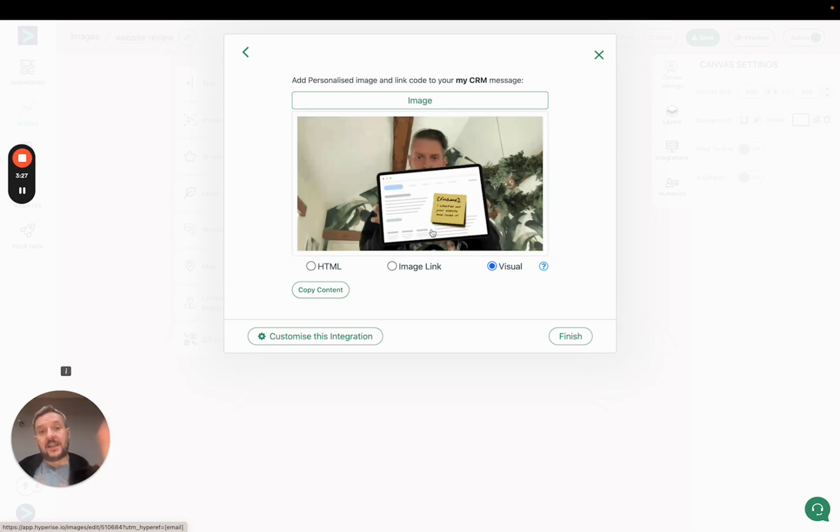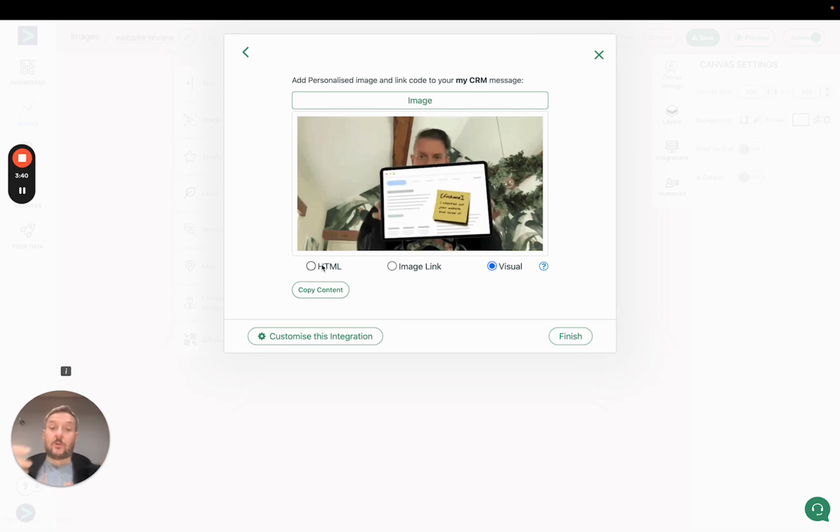But when we paste it in, it's going to paste it in almost like a WYSIWYG, what you see is what you get, sort of format. So that's kind of, for example, the way that HubSpot would work. And so depending on the capability of your platform, whether it's got a HTML module or a view source option,